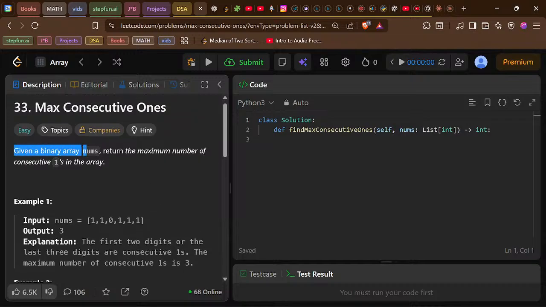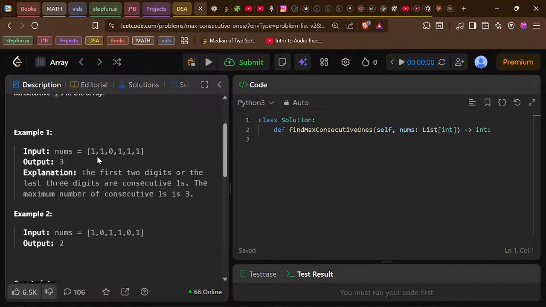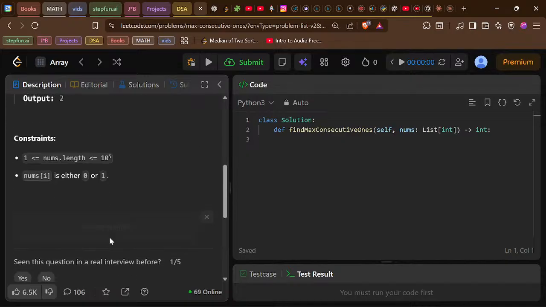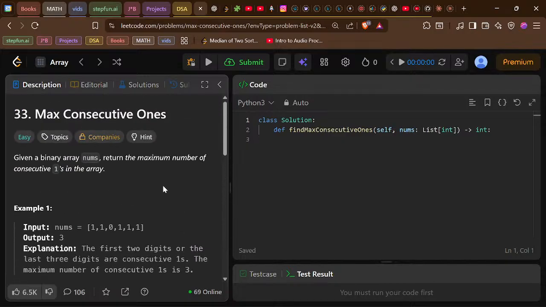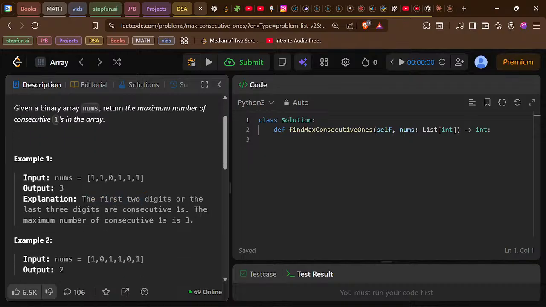Okay, given a binary array nums, return the maximum number of consecutive ones in the array. Maximum number of consecutive ones. So, how do I find the max? I think I just need to sort nums, but I don't have to sort it. This is the point. If I sort it, then